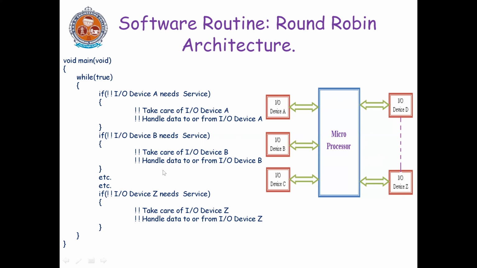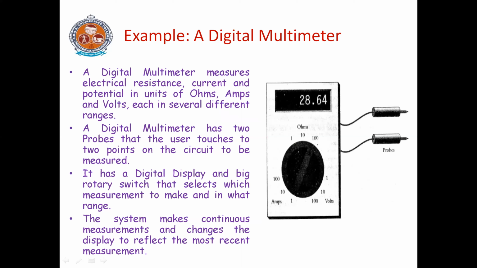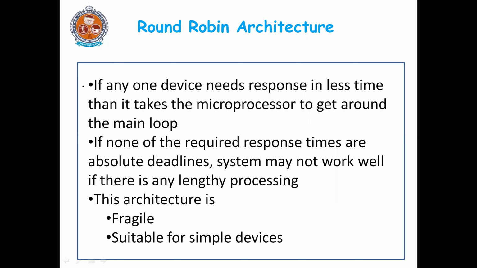Like this, depending upon the requirement of our application, you can change the order, and you can provide the urgent services for your application. So this is one point you have to consider whenever you are using the round robin architecture. And another one is,